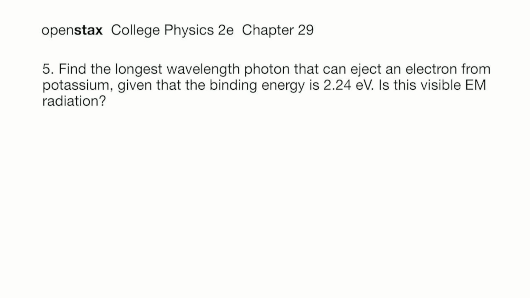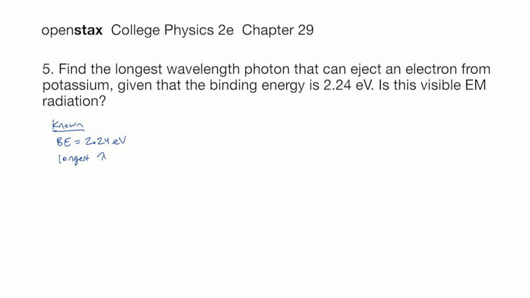In this problem, we need to find the longest wavelength photon that can eject an electron from potassium. Okay, let's make a list of what we know. We have the binding energy, call that BE, and that is 2.24 electron volts. Okay, and we need the longest